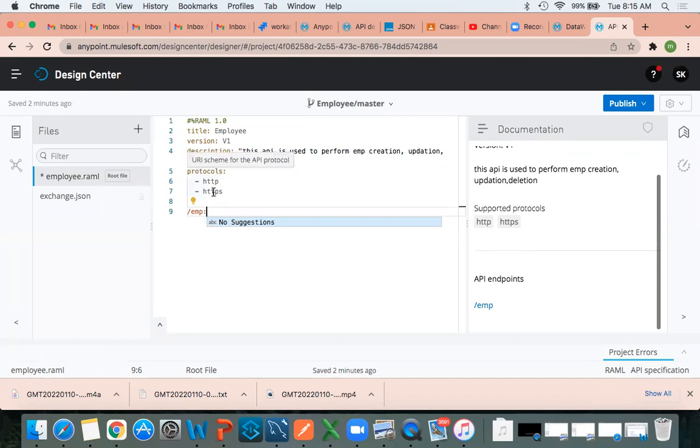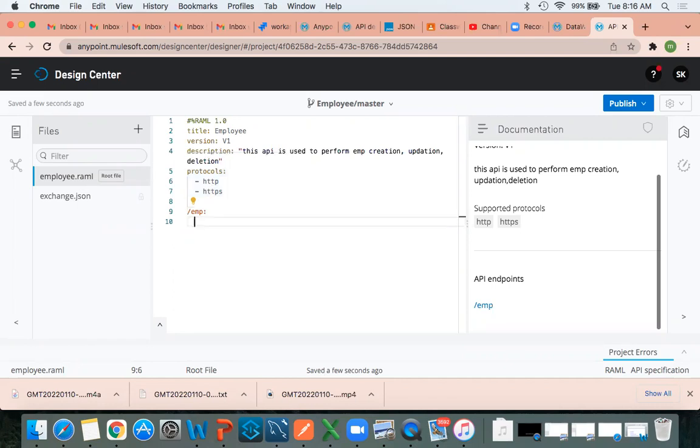See, if you use HTTPS, what will happen? Whatever data you are getting from a source, suppose you are getting one file, and in that file there are some usernames and passwords. You don't want to pass the same file to the client. In the middle, if you use HTTPS, it will encrypt and decrypt. I can show you that practically so that you will understand in the development sessions.